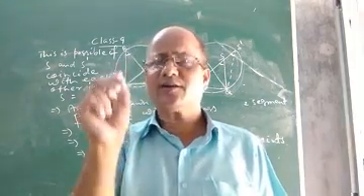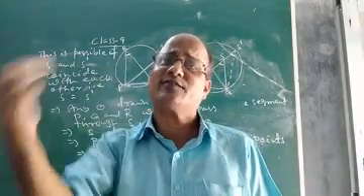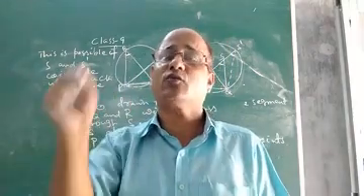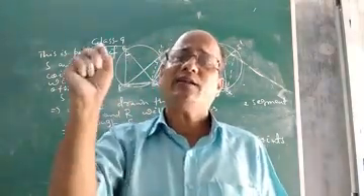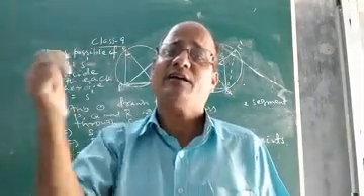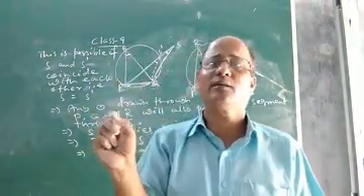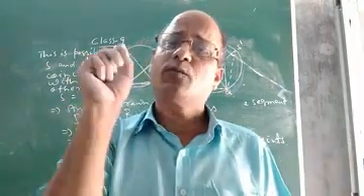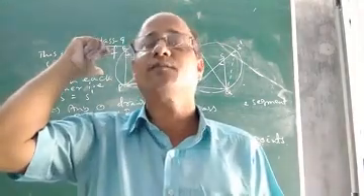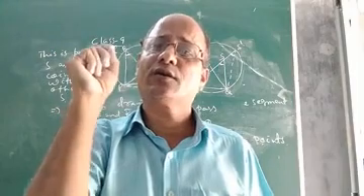So this is the concept of concyclic points, and its application you will find in the next theorem, which is a very important one, that is cyclic quadrilateral. When you read about cyclic quadrilateral, there you will find the use of concyclic points. Children, I hope you understood what are concyclic points. Concyclic points means 4 points are said to be concyclic if they lie on the same circle. And how to get it? This is the theorem which gives us the idea of concyclic points.